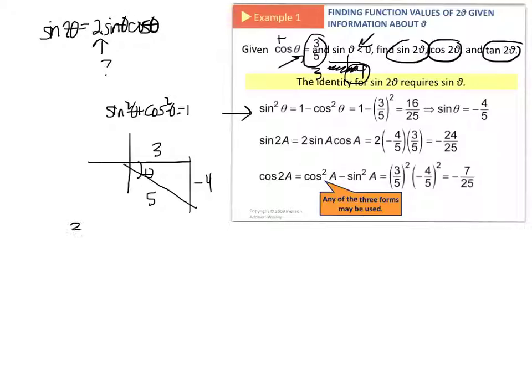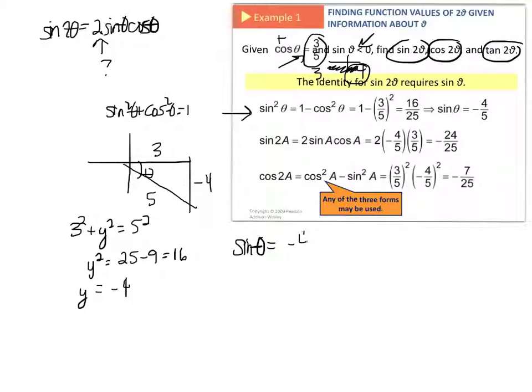So you'd say 3 squared plus y squared equals 5 squared. And you solve and get that y squared is equal to 25 minus 9, which is equal to 16. So take the square root, and since we're in this quadrant, we know that y is going to be equal to negative 4. Alright, so now we can find all of our different identities that we need, because we know that sine of theta is equal to opposite, so negative 4 over